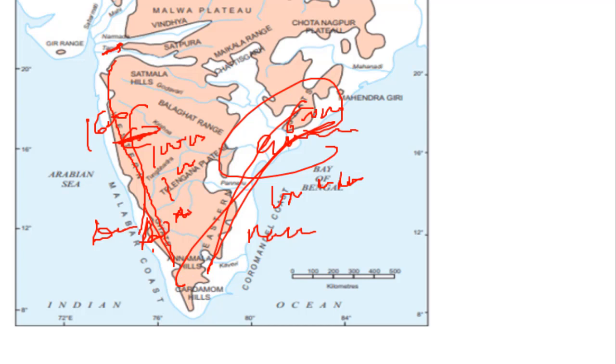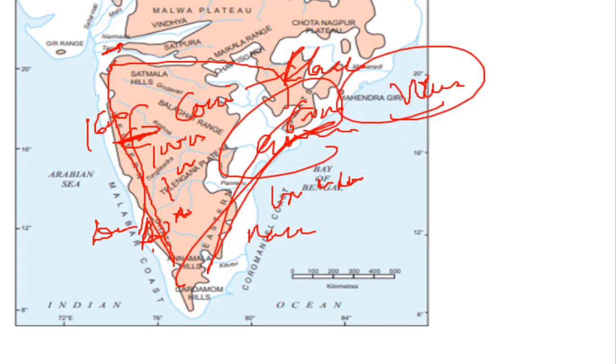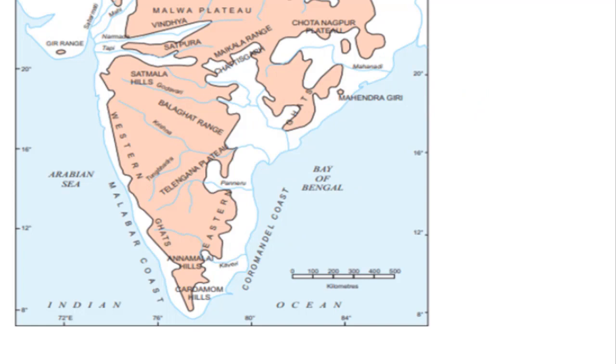Okay, so these are the Deccan Plateau, and the Deccan Plateau is very important for its cotton growth. Cotton can be easily grown in this Deccan Plateau because of the black soil, and this black soil is caused by volcanic eruption. What a volcanic eruption is is very clear, we don't need to repeat this again and again.